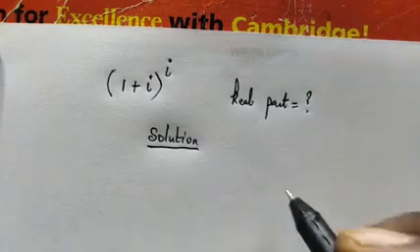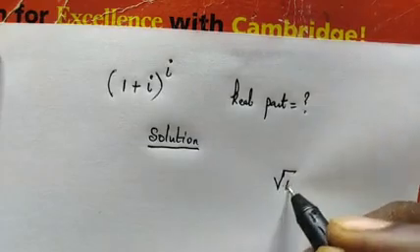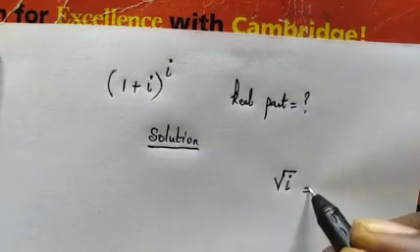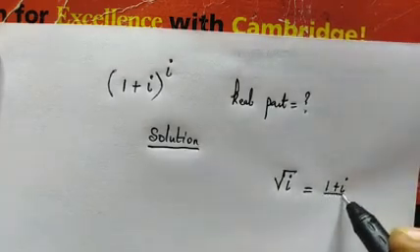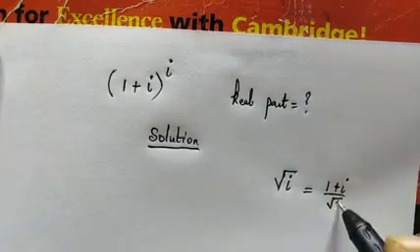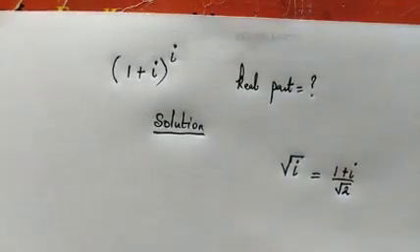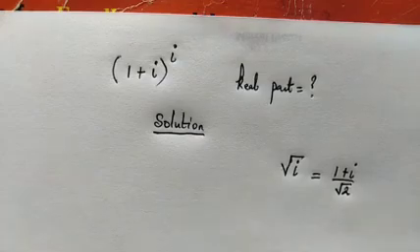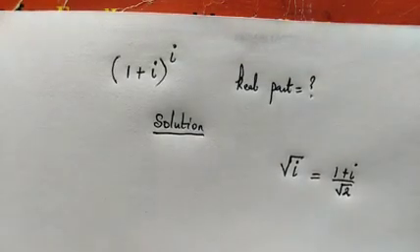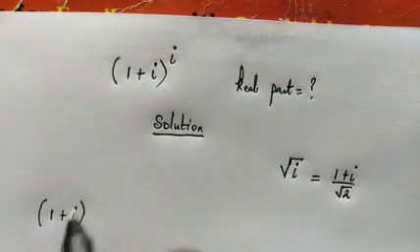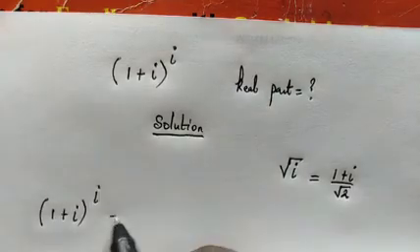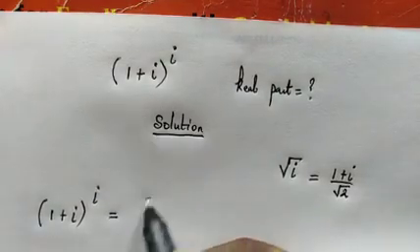First, let us recall that the square root of i, the imaginary unit, is equal to (1 + i) divided by the square root of 2. This is a cool idea which we're going to use to solve this problem. Okay, so now (1 + i)^i is the same as, we can do the following: